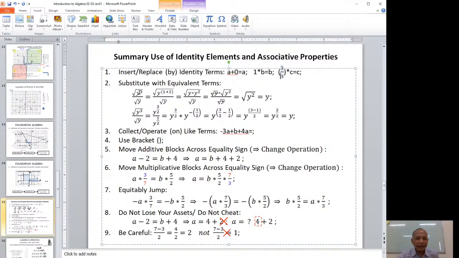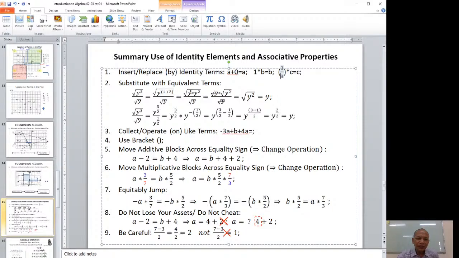Square root of y cube divided by square root of y equal, we replace 3 here by 1 plus 1, so square root of y to the exponent 1 plus 1 divided by square root of y, and